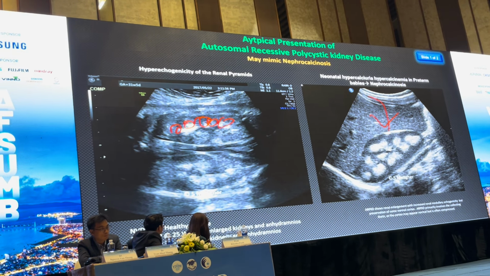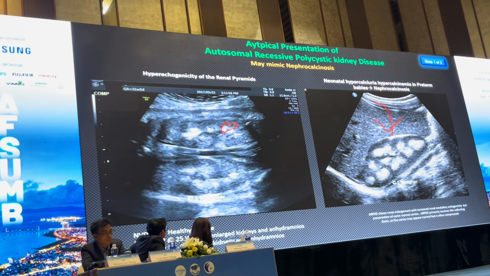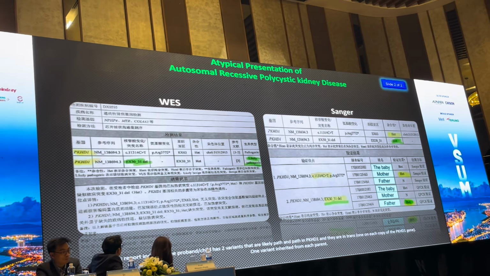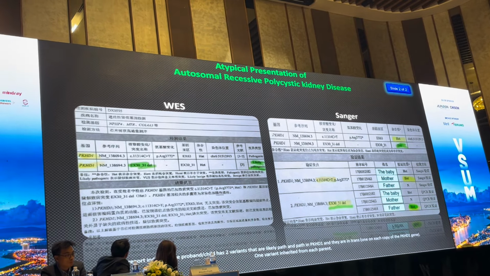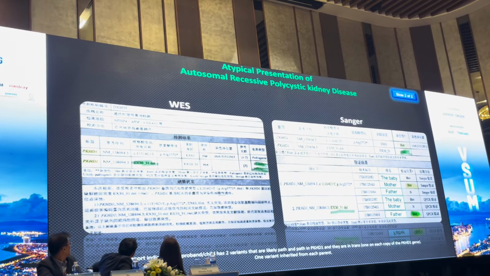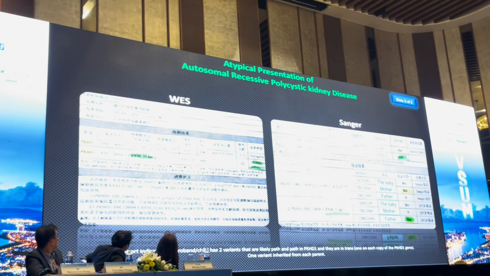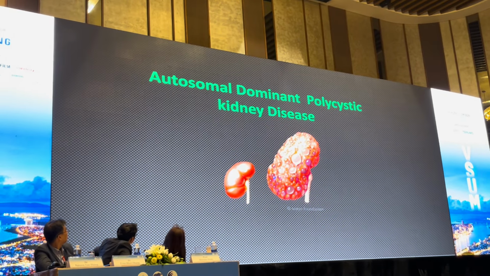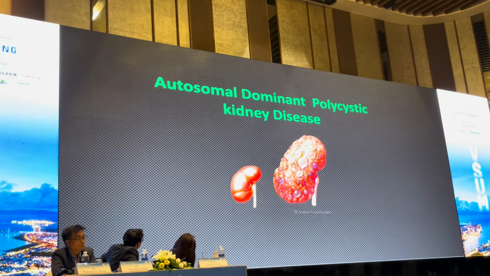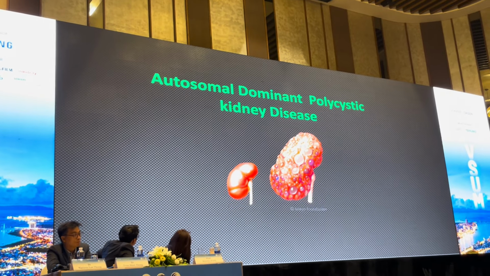In fact, this is a case of infantile polycystic kidney disease, a variation of it, which whole exome sequencing revealed had been inherited from both parents with a single gene mutation, again relating to PKHD1 mutation. So the next group I move to is the adult polycystic kidney disease, and this is a challenging group